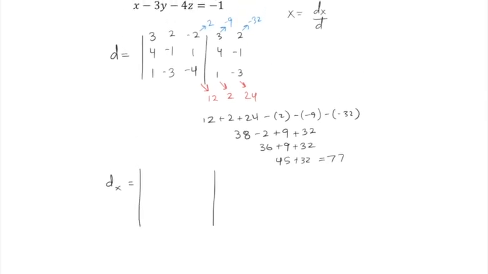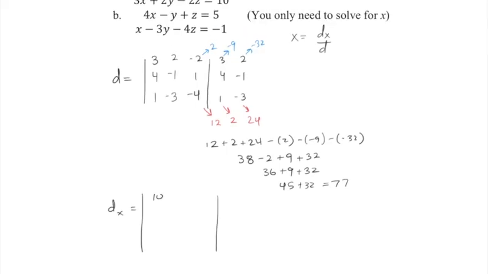So now for this determinant, we're going to take the values here, 10, 5, and -1, and that's going to replace the x column. All others stay the same. And then I'm going to use the same method here, so I'm going to copy these two columns over here. And then in that diagonal, 10 times -1 times -4 is 40. In that diagonal, we get -2, and in this one, we get -10 times -3, which is